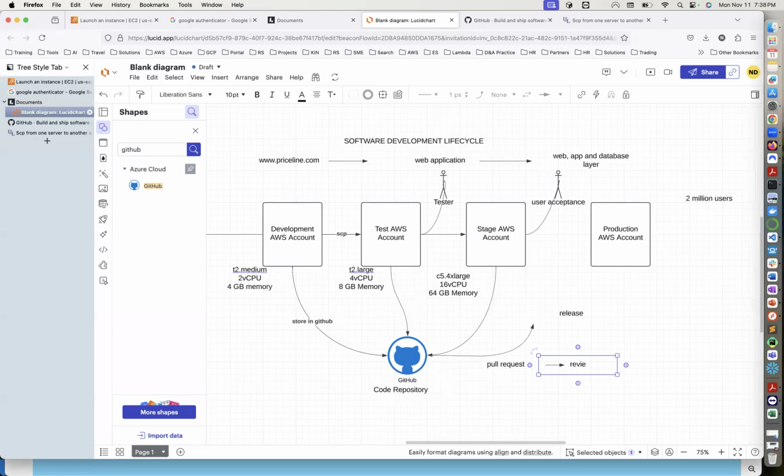Reviewed by a senior engineer or a manager. He has to review it. Once he reviews it and he approves it, once they review and approve it,